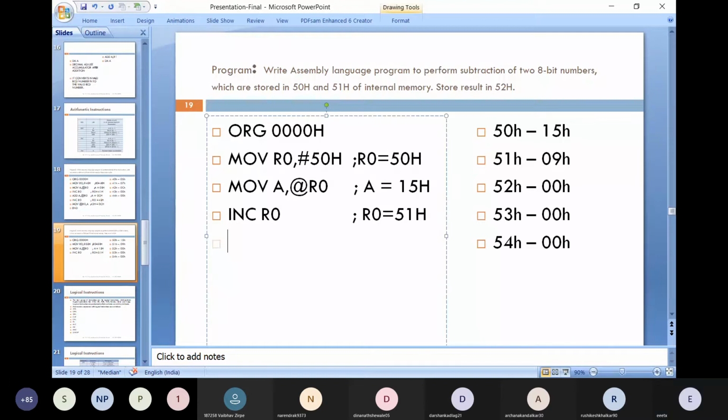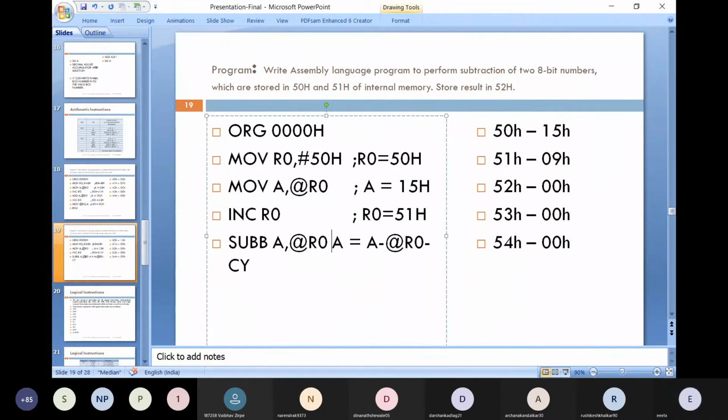After that, we have to use the subtraction instruction with register indirect addressing mode. So it will perform the subtraction of A minus @R0 minus the borrow, and the borrow is represented by using the carry flag, correct?